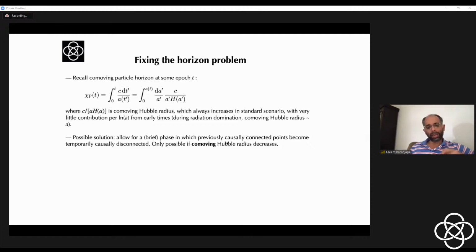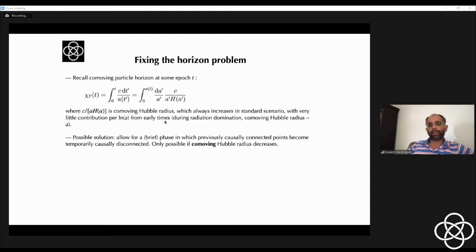So if I take 2 points which are currently inside the co-moving Hubble radius, and their co-moving separation is less than the current co-moving Hubble radius, and now suppose the co-moving Hubble radius itself becomes small. Suppose it becomes 1/10 of its size. Then these points may find themselves separated by the same co-moving distance because their co-moving distance is constant by construction. But now that co-moving distance at a later time is larger than the co-moving Hubble radius of that later time. So if such a situation could be engineered,